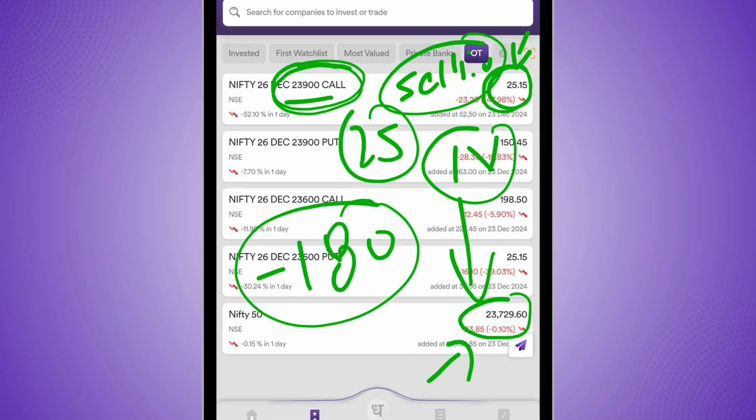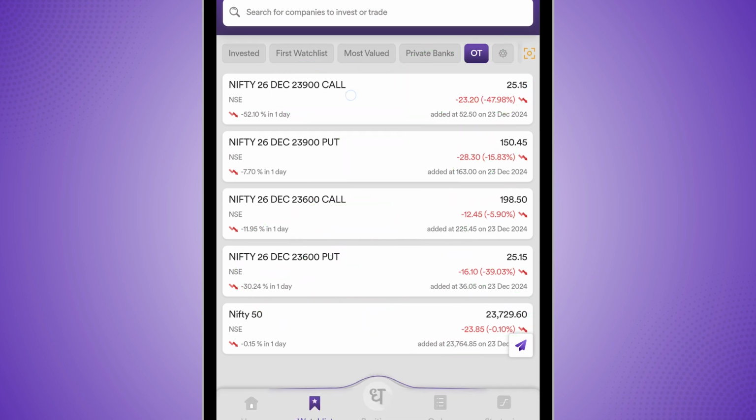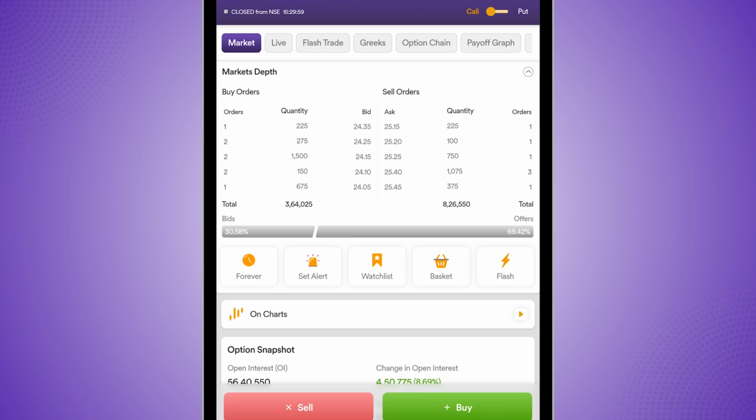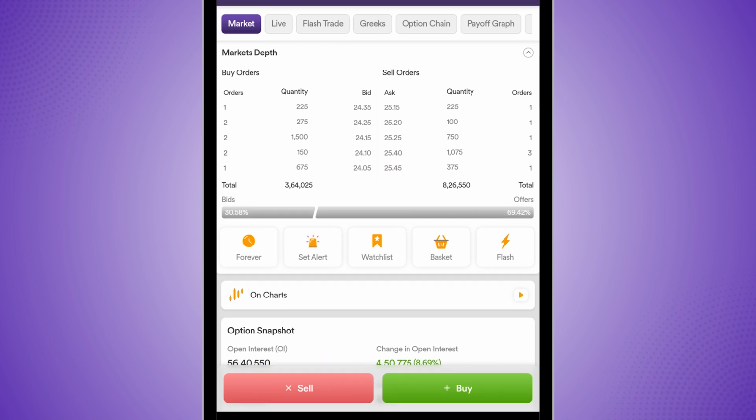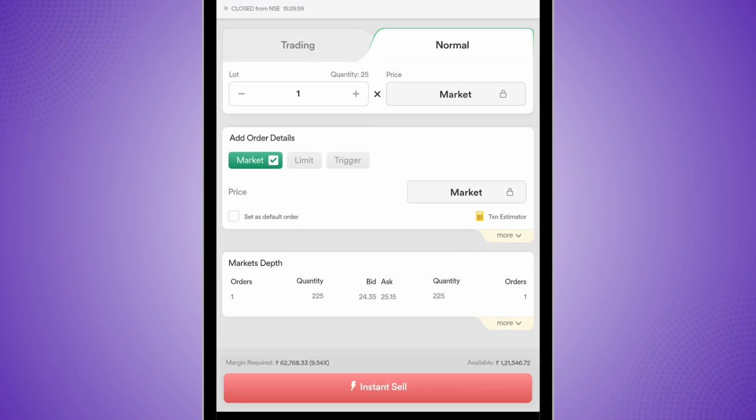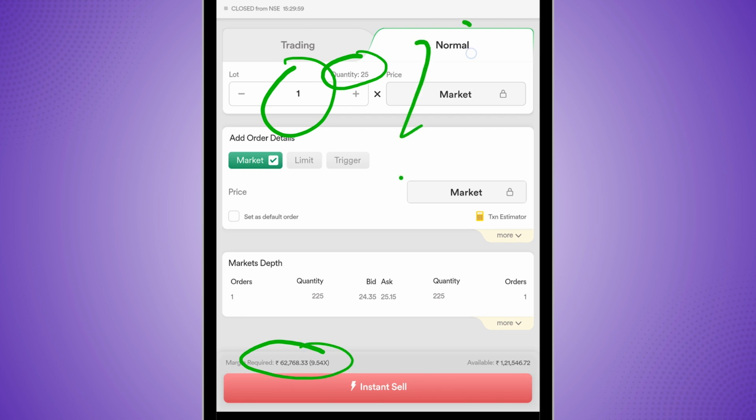So now, as an option seller, if I want to sell this option, I will click on this call option and click on sell. A single quantity is 25 and a single lot is 1. I will have to give a margin of 62,000 rupees. Now, why is this the case? Why do I have to pay